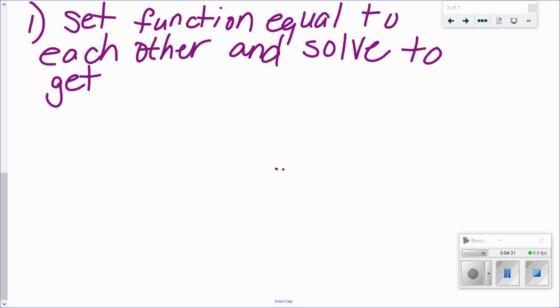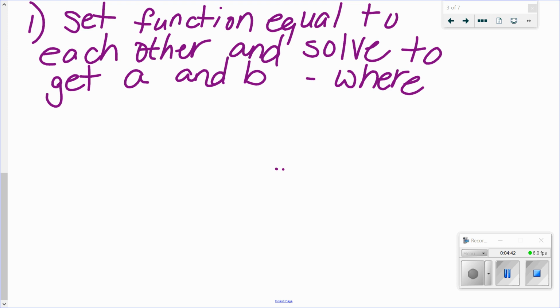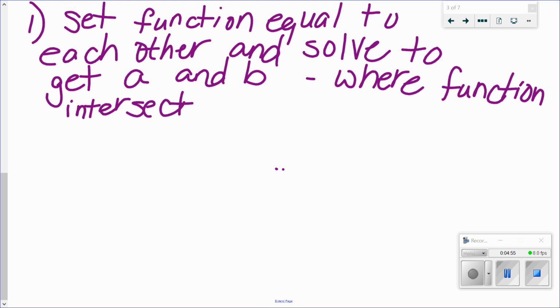Now this is so we can get A and B. Those are the spots where the functions intersect. Okay, so that's step 1. We have to set those two functions equal to each other and solve so that we can get A and B. We're going to need that for the ends of our integral so we know how to evaluate this. Step 2 is to,